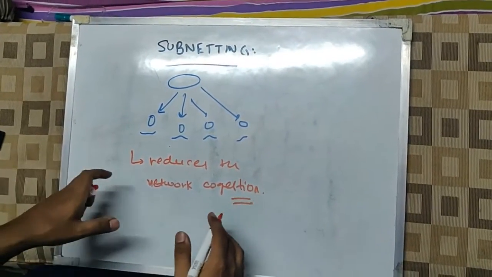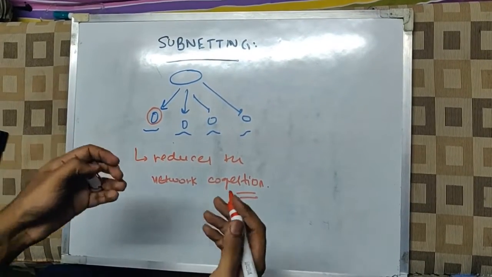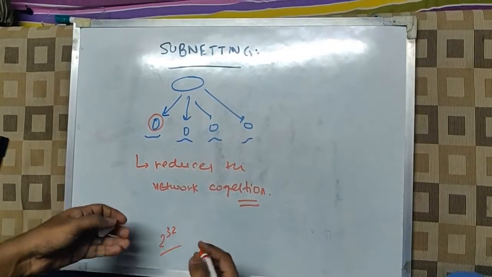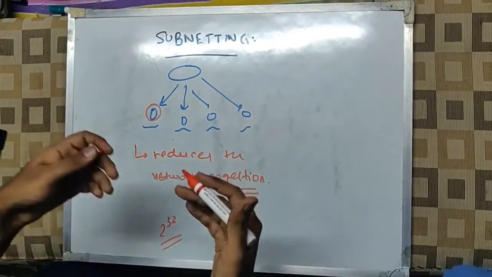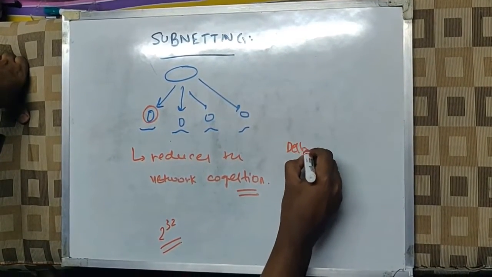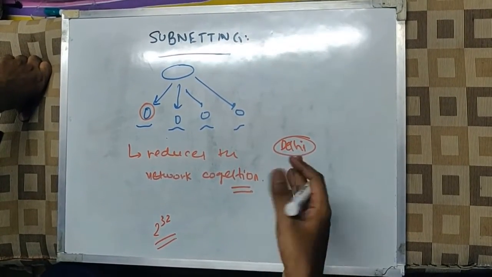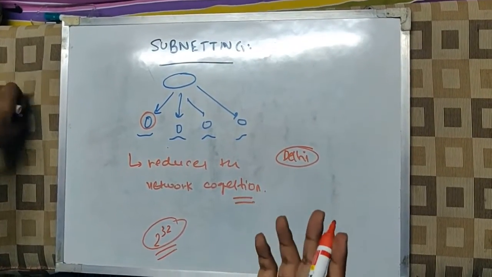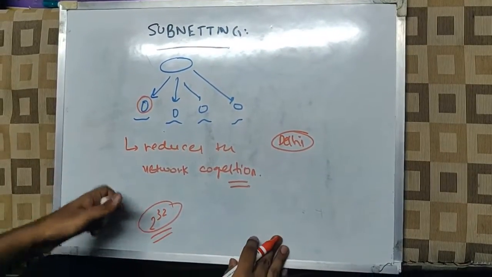Our ultimate aim is, let's suppose, to locate a particular PC with the help of a logical address. Definitely I won't be searching in the entire 2 power 32 address space. So I need to logically segment this address space so that my search becomes narrower. Let's take an example. I need to search for Delhi as a state. One way is to compare all of these 2 power 32 with Delhi, and you can understand that this is a very big number. It will take exponential time. How do we move forward with this?